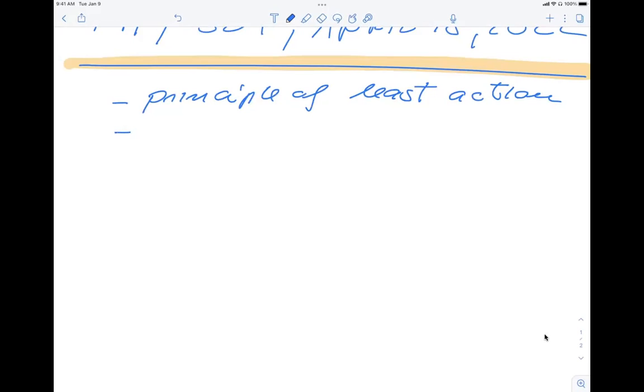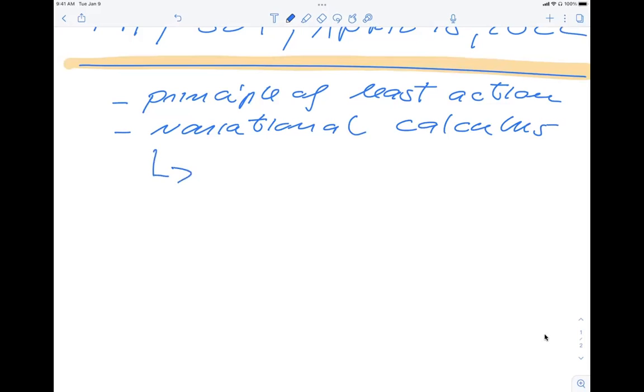And then there is something else which we are going to look at, and that's the calculus of variation, or what's normally called variational calculus. These are some of the basic ingredients in this Lagrangian formalism. Now, what does the variational calculus deal with? Let's just state that immediately. It deals with finding the minimum, or the maximum,